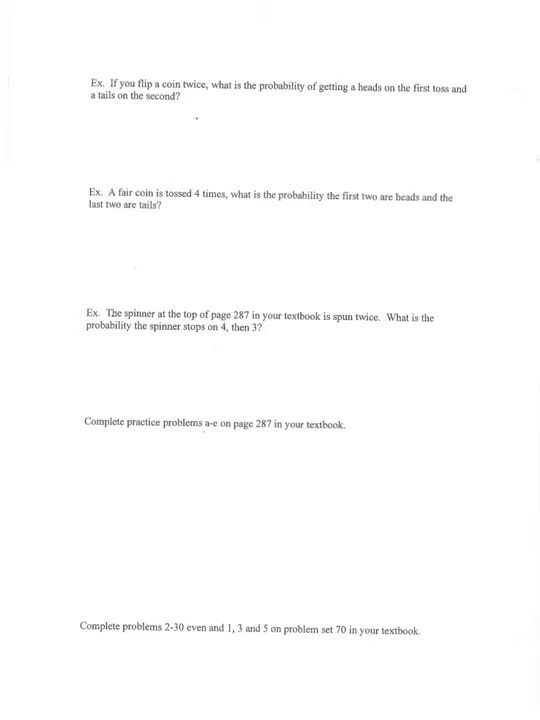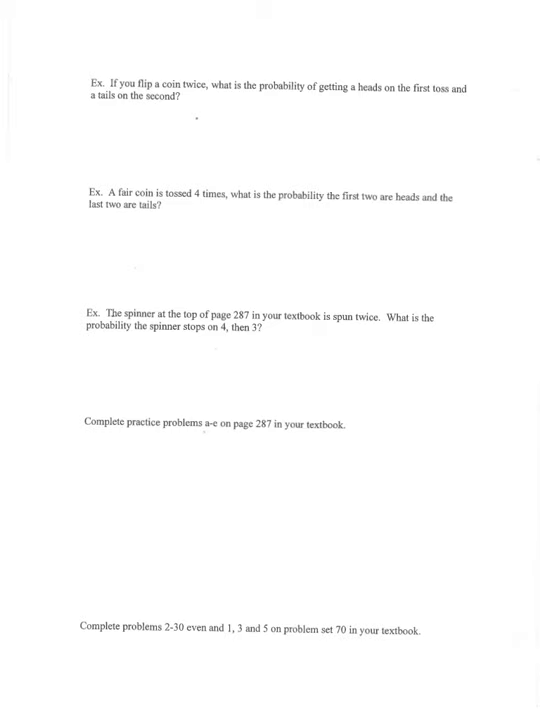Okay, so this next one has a little bit of a compounding component to it. So we can kind of visualize this situation using something called a probability tree. So take a look at this one. If you flip a coin twice, what is the probability of getting a heads on the first toss and a tails on the second? So one of the things that can be useful here, like I said, is something called